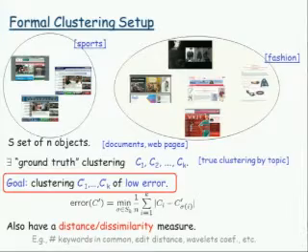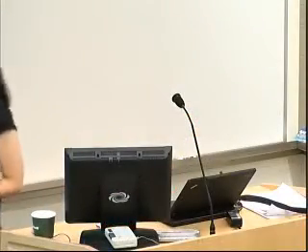Now, in order to do so, as is usual in a clustering setting, we assume that we are given a pairwise measure between pairs of points, a measure of similarity or dissimilarity. For instance, in the document clustering case, this can be something based on the number of keywords in common, or in the protein clustering case, something based on the edit distance, and so on. Clearly, since our goal is to get a clustering of low error, this pairwise measure has to somehow be related to the topic, because otherwise there will be absolutely no hope to do anything.